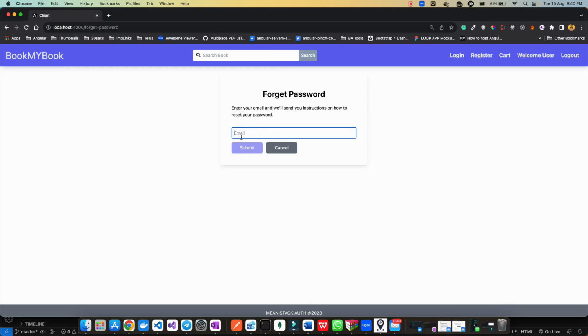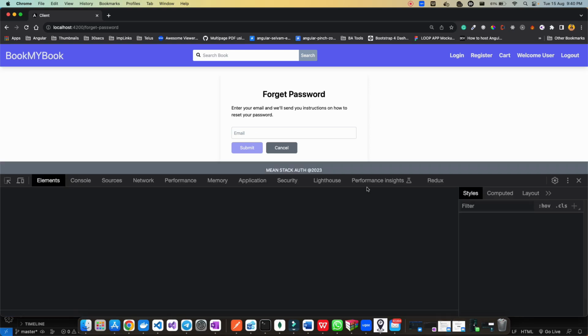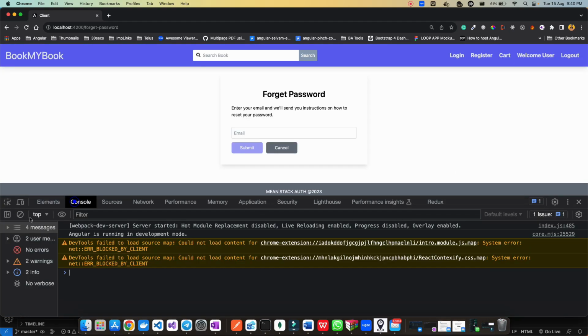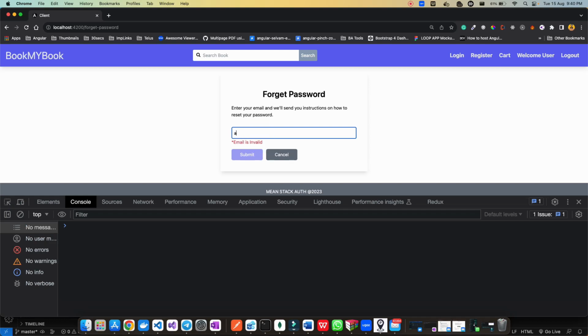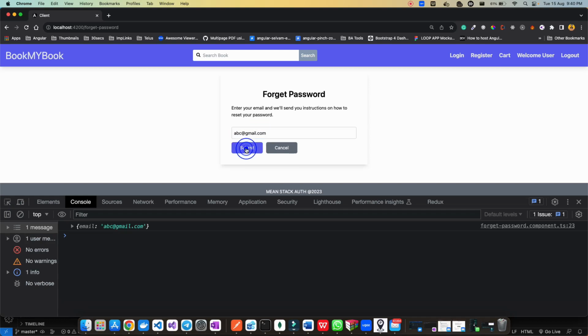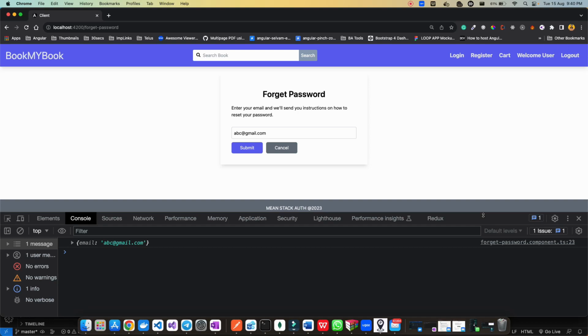So whatever email address you put, for example, let's see by doing a small demo. Let's go in the console and write your email ID. Now if you click on submit, can you see this is what I'm getting in the body, this is what I have to send to the backend. So this is the first initial step. I would say this is one of the easiest steps of this part, where we are just creating a form